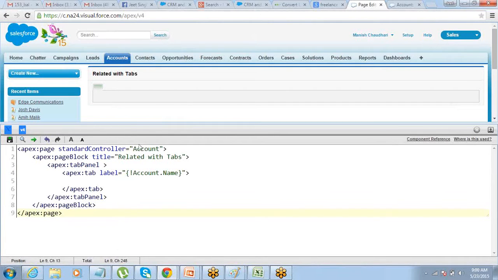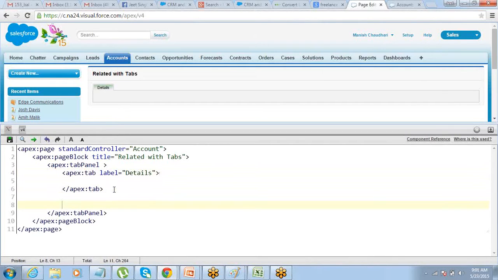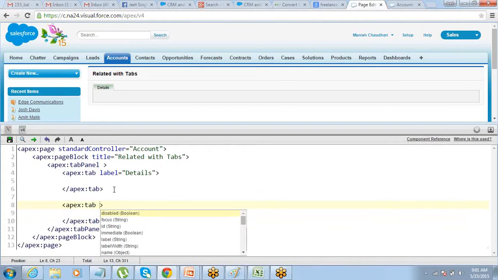It does not show any label because I have not yet supplied the ID, so it's not able to show the account name. Let me make it details, then it will show you the label also. So this is my tab number 1. The same way I will create another tab. Label, let's say this is contacts.